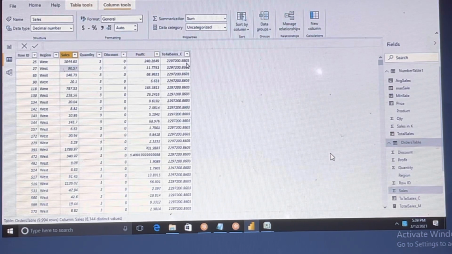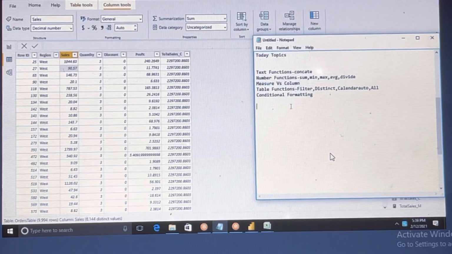Okay, that is the thing. So you both understand, in what scenario you will go with a new measure and in what scenario you will go with a new column. Both are understanding? Yes, sir.